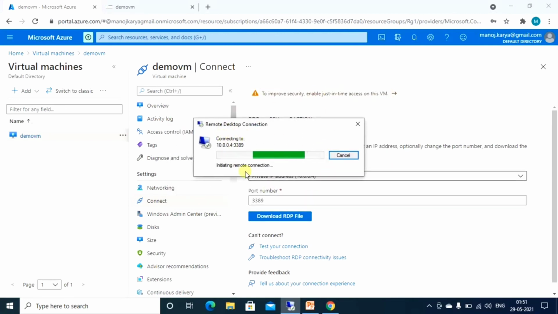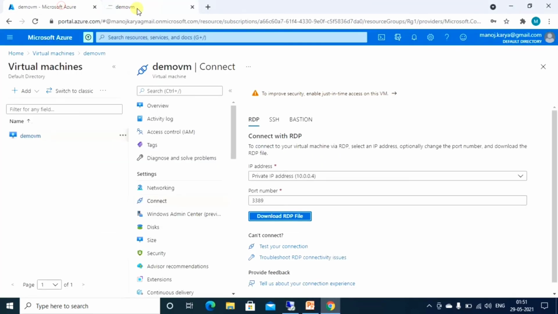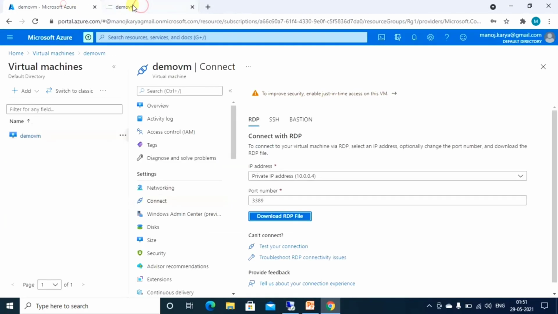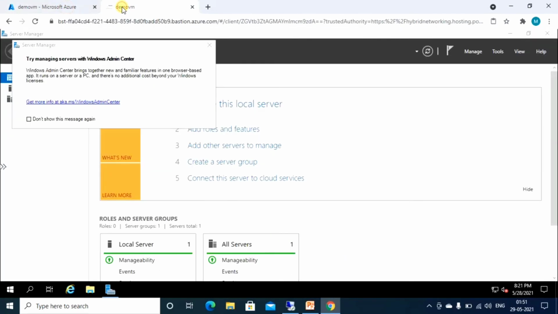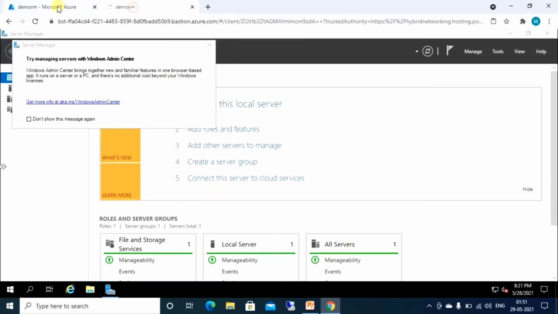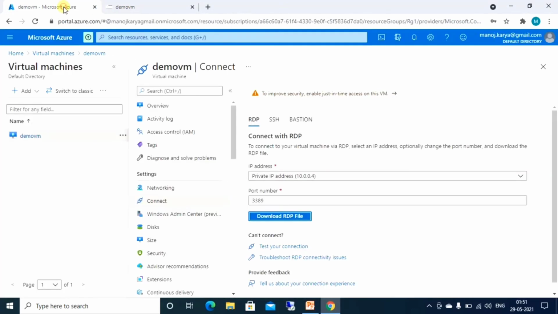So it won't open. We need to access the VM through Azure Bastion only. We cannot RDP from external. So we have now done the deployment of Azure Bastion. I think this is all clear now. Okay, thank you.